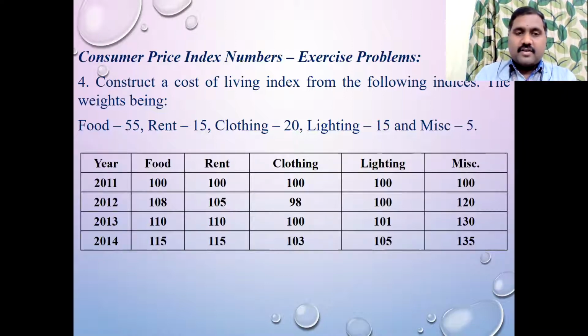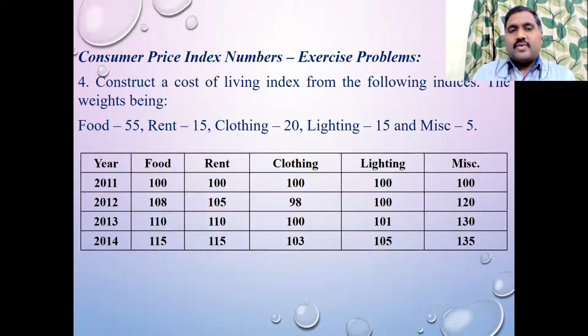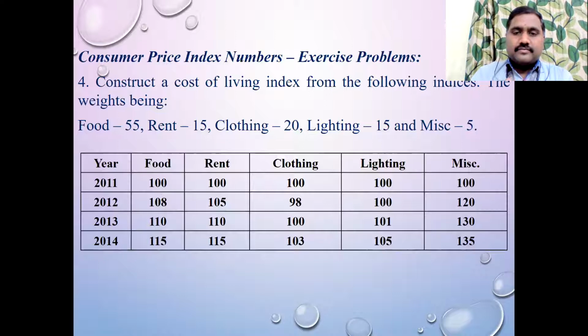So that is the price value and the weightage is given. Food equal to 55. The weightage for all the 5 items is common for all the 4 years. Once you copy, tell me. And in that, tell me which is the current year and which is the base year. It is not that we need to calculate for only 1 year. We can calculate the cost of living index for 3 years by having 1 year as a base year. Which is the base year here?